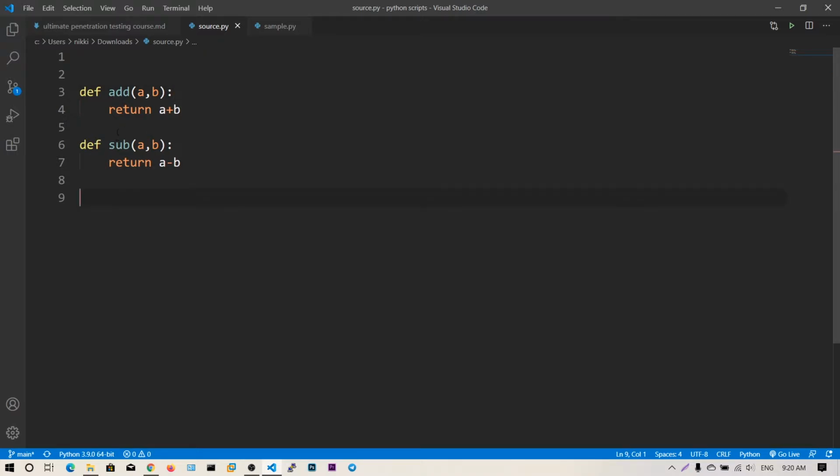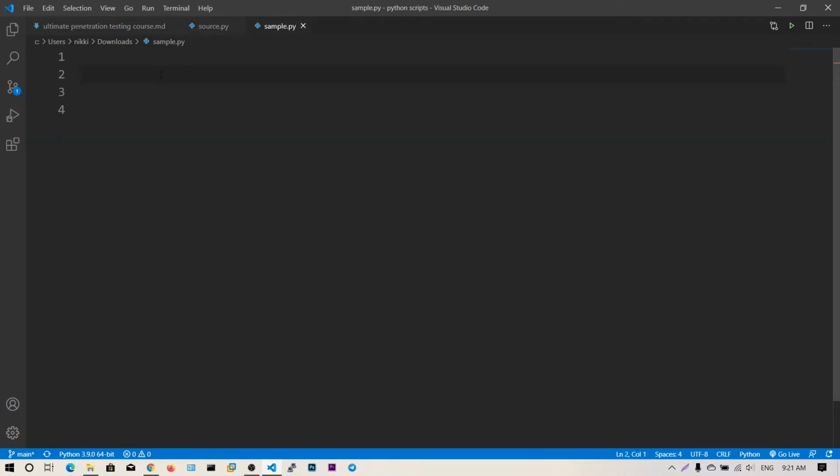So with the help of these modules, you can import these functions in your own Python script. You can see there are two functions in this source.py, addition and subtraction, and you can also write so many functions as well. If you write all your Python code in one place, like taking the user input and then passing these arguments, it will take so much space. If your functions are 100 lines of code, it will take so many lines. So these modules help us use these functions in another Python script.